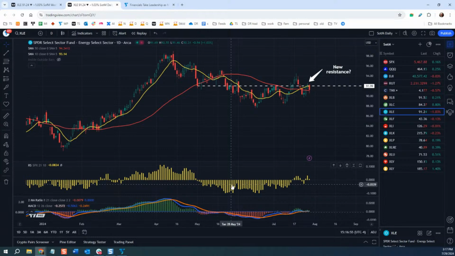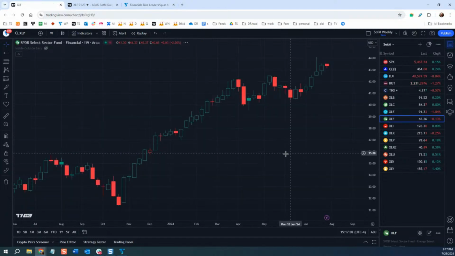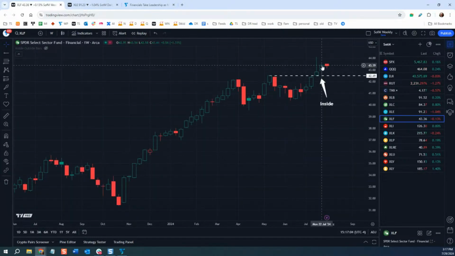All right, continuing here, XLF, financials. Now this is interesting because we've talked about this a lot. We had a bullish inside week right here in the financials above the old high. This is now in new all-time high territory. This is flirting with other parts of the market as now being the top performing sector so far this year. I'm not sure exactly where it stands at this moment, but as of Friday, it had surpassed communications to become the top performing sector so far this year.